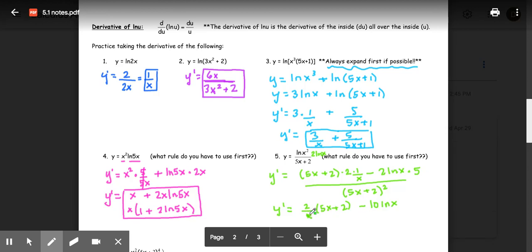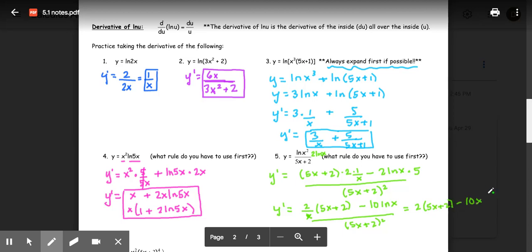That's an x. That is an x, okay. All over the bottom squared. Now, you can't leave a fraction within a fraction. So to make this a common denominator, all you have to do is multiply this x over to the 10. So that's the second fraction. So 2 times 5x plus 2